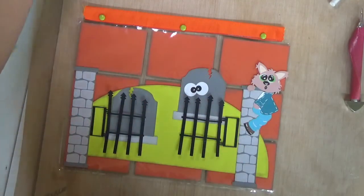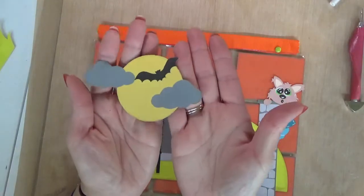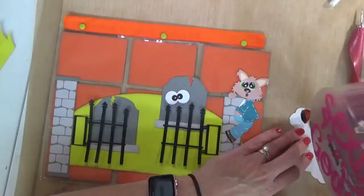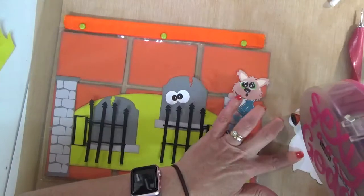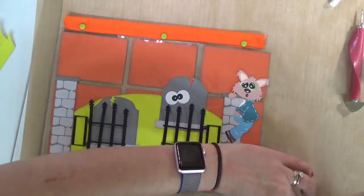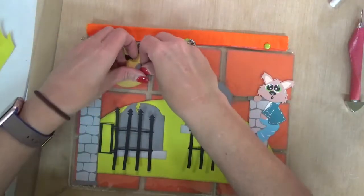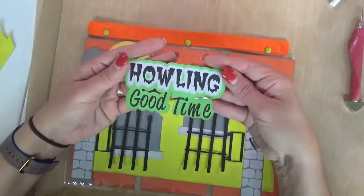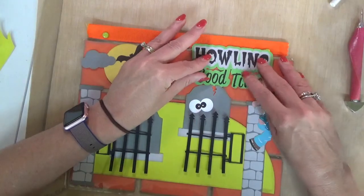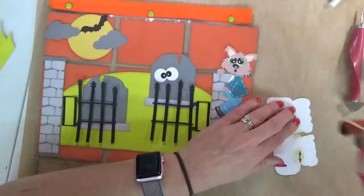And then I also die cut from Print and Cut, the moon with dark clouds and a bat, and I'm going to put it up here. And then I cut out my title, Howling Good Time, that I am wanting to place right about there. So let's get some